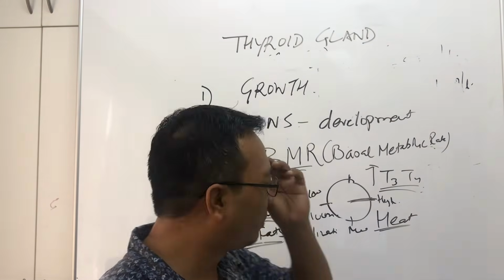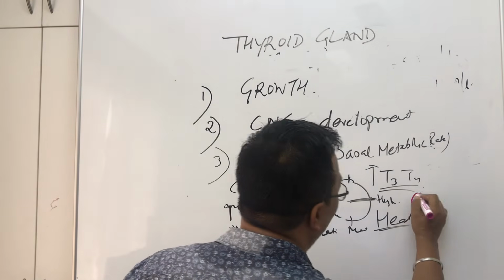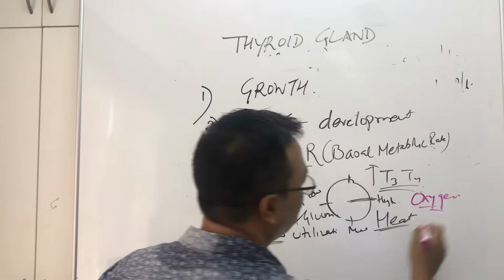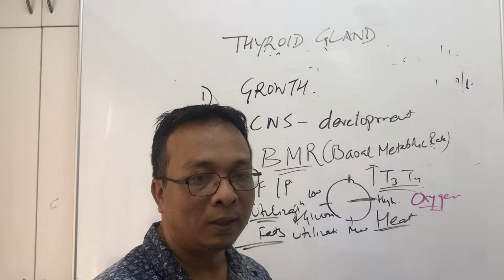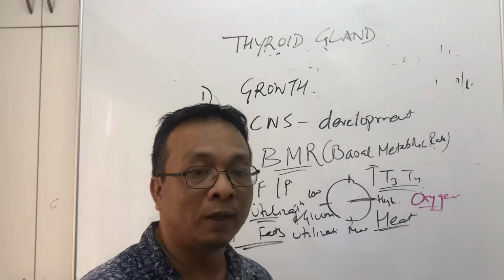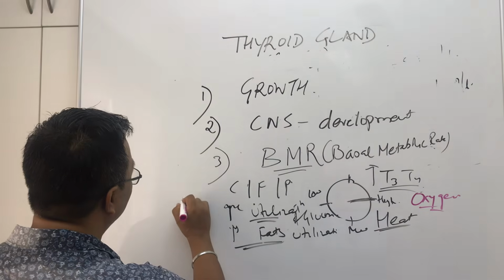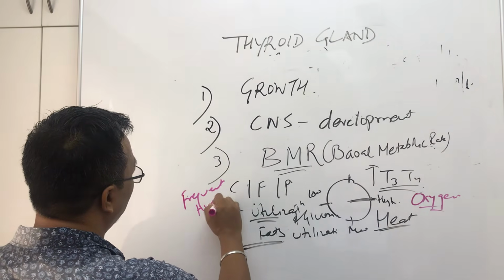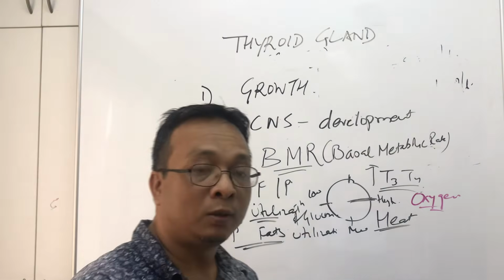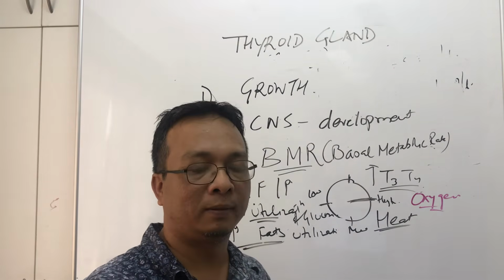That is number 1 point. Number 2, listen, now he is burning it fast. He is utilizing so much oxygen. So obviously if he is utilizing lots of glucose and fats, he will feel hungry frequently. So frequent hunger. So these are those type of people who eat a lot or never gain weight.